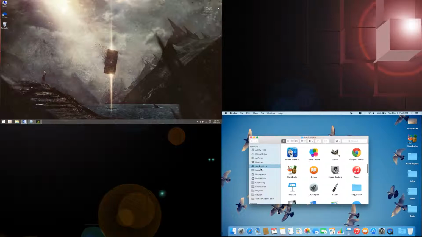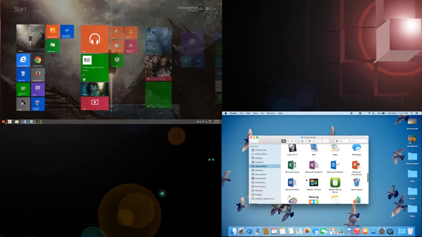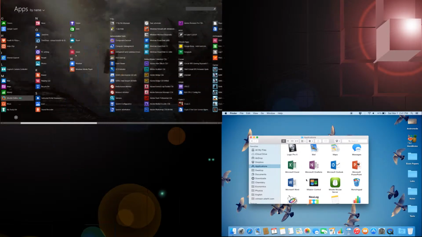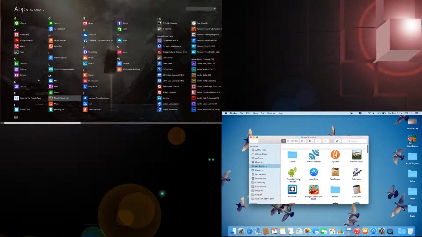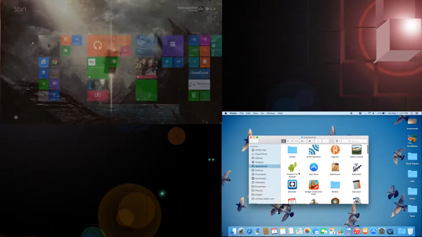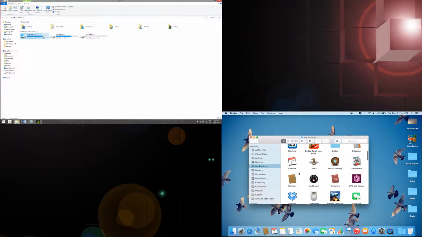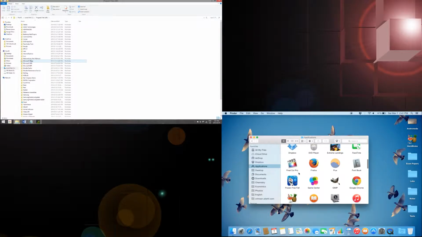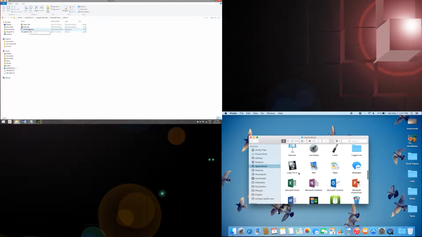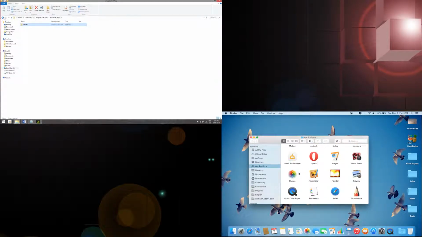You have your Dropbox if you installed it. And your applications: instead of having all the applications in the main start menu, Mac makes it easier for you. Instead of going to My Computer, local disk C, and having all your program files, with Microsoft Office and each of the singular files being there, which makes it really complicated for a normal user to look at,